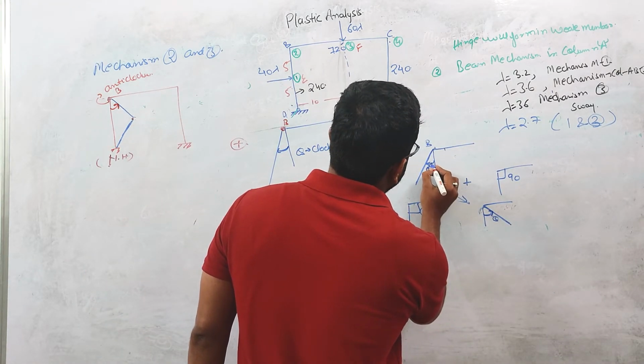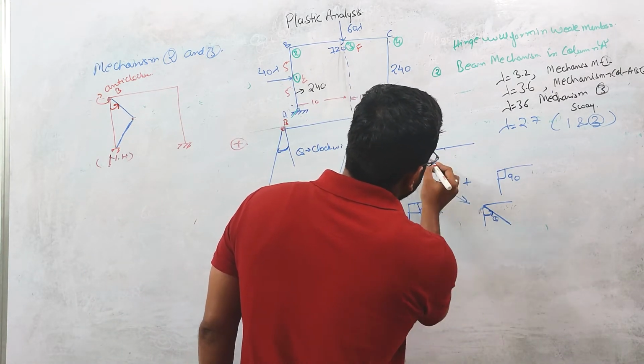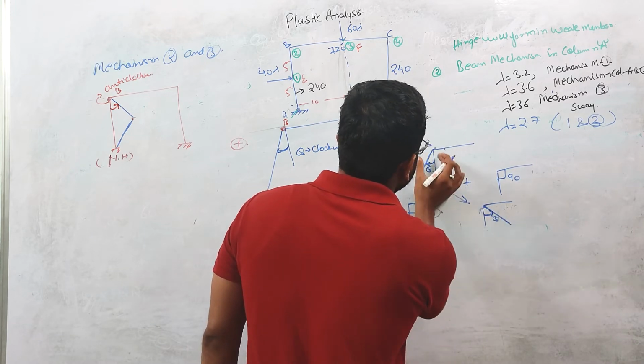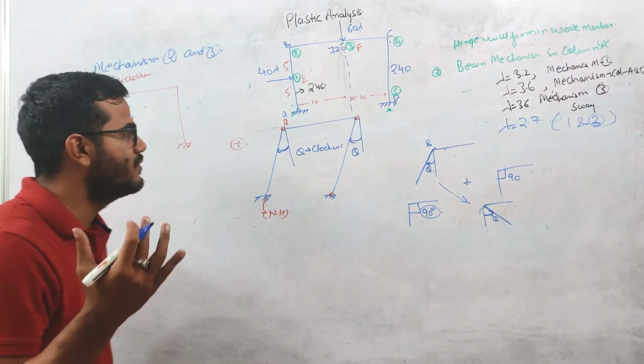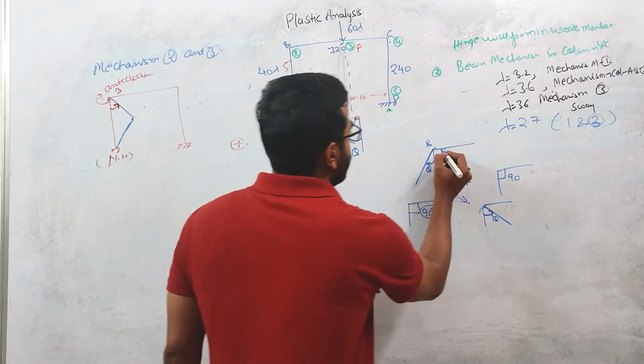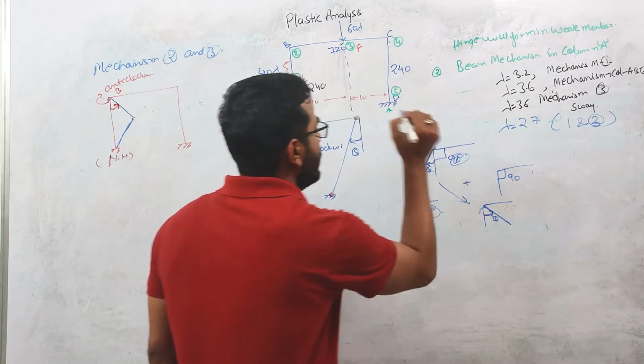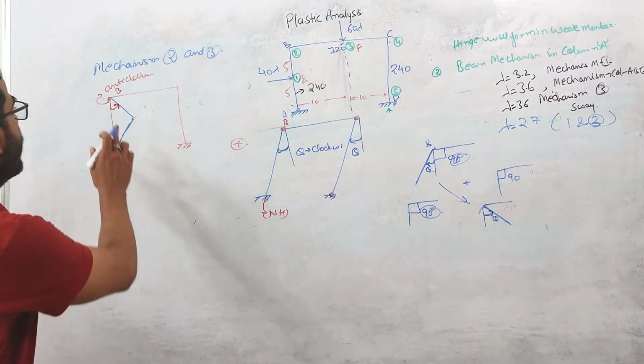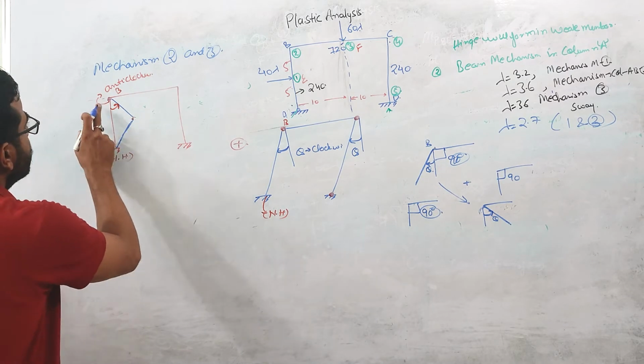Initially you are rotating this member in clockwise direction, and again you are rotating this member in anti-clockwise direction. So net rotation will be zero. The angle between these two members will be 90 degree, right? It will remain 90 degree. If you combine the mechanism and you see the